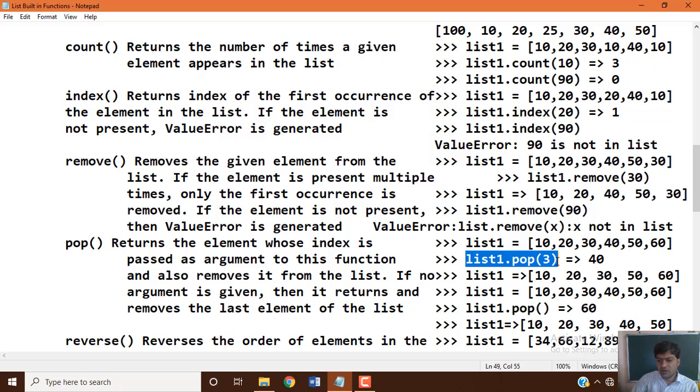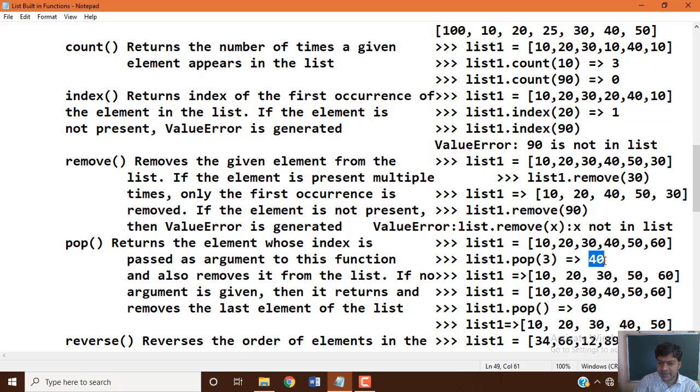Index number 3: 0 is 10, 1 is 20, 2 is 30, 3 is 40. That 40 data item will be popped out from the existing list.